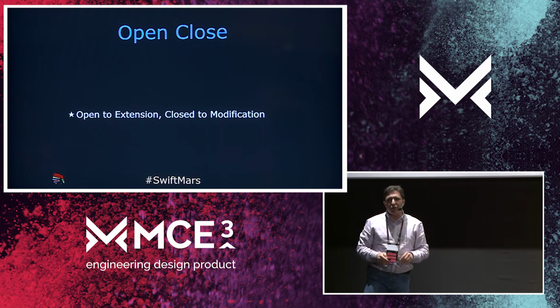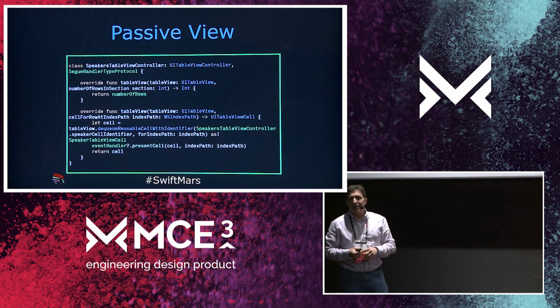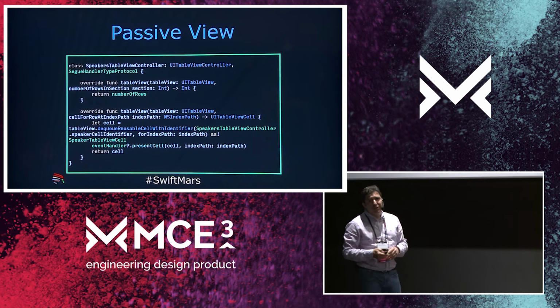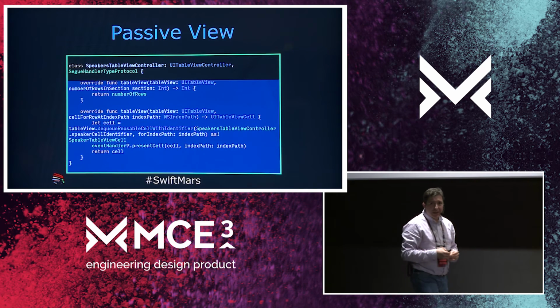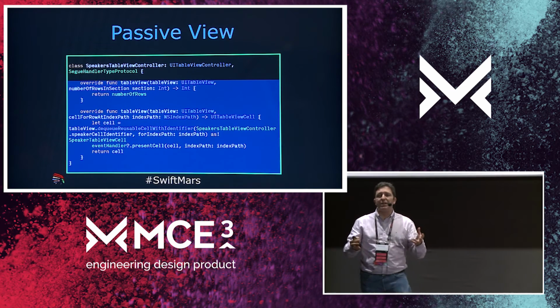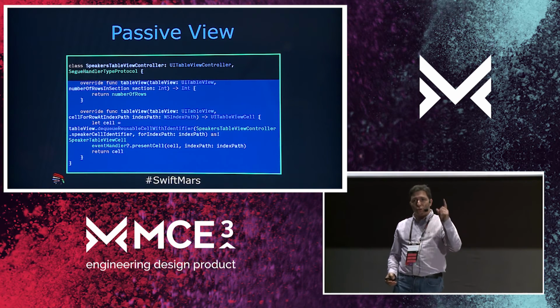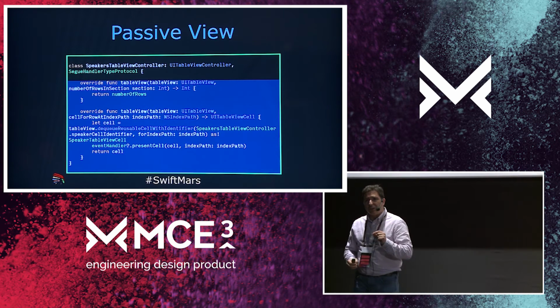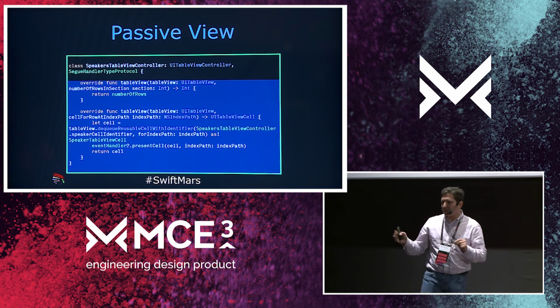Same thing happens in your code. And even though you haven't realized, you are using this principle every day. If you are using a UITableView, the delegate pattern is using that principle. So the UITableView has been already created for you. It is closed to change, but is open to extension. You can modify the behavior by modifying the delegate and the data source. Okay?